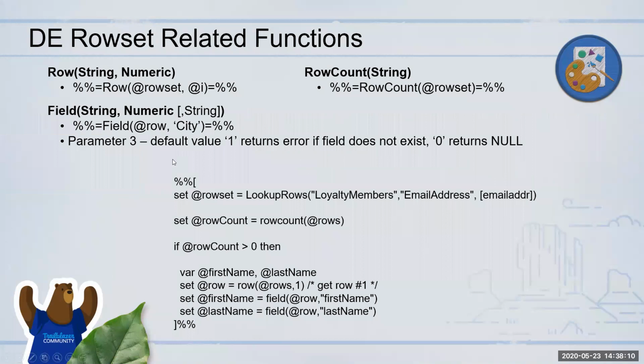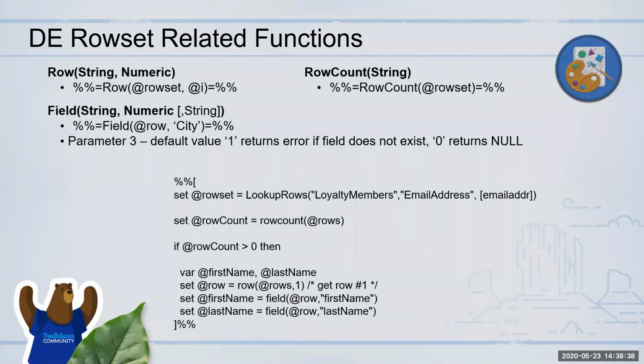And then along with these lookup rows and lookup ordered rows, you get a row set, right? Just by getting a row set doesn't mean that I get everything that I need to work on. I still need to be able to retrieve that row, and then the field from it, right? For that, these 3 functions are quite useful. For example, the row function will return from a row set the row with the number you specify.